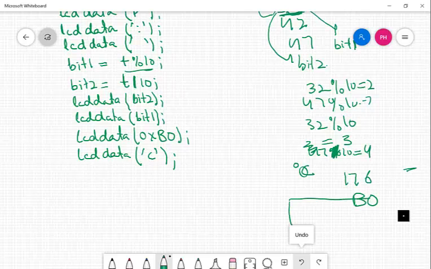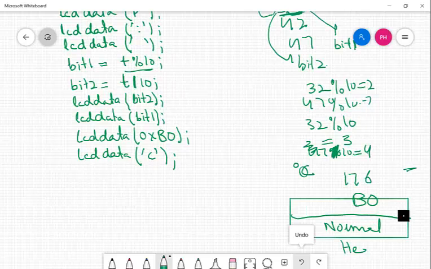Now I have to move to the second line of LCD. In the second line I have to write different strings depending upon what my temperature is. Maybe if my temperature is less than 30 degrees Celsius, I am writing normal. If my temperature is between 30 and 40 degrees Celsius, I will be writing heating. And if my temperature is greater than 40 degrees Celsius, I will write hot turn off. So I will create three different if statements. If my temperature T in this case is less than 30 degrees Celsius, is less than 30,